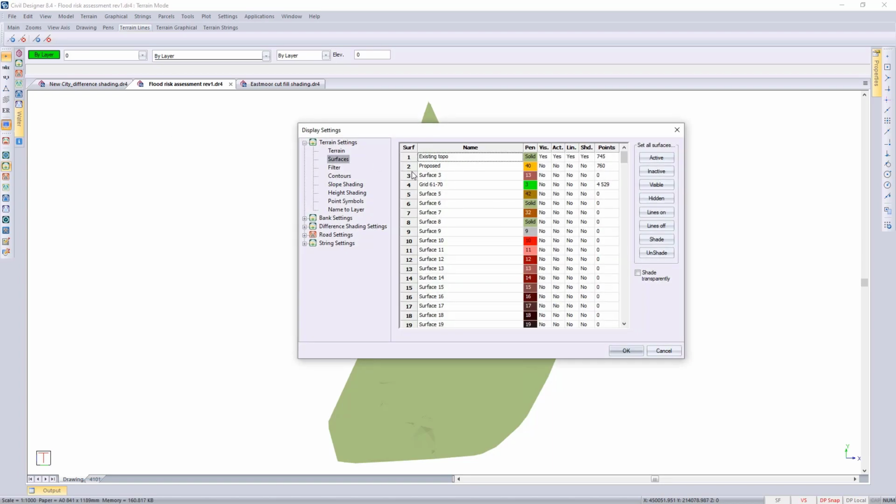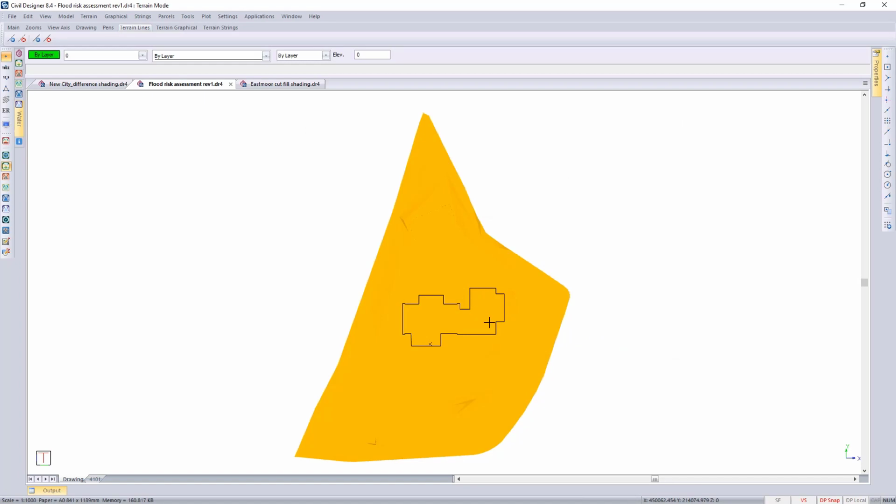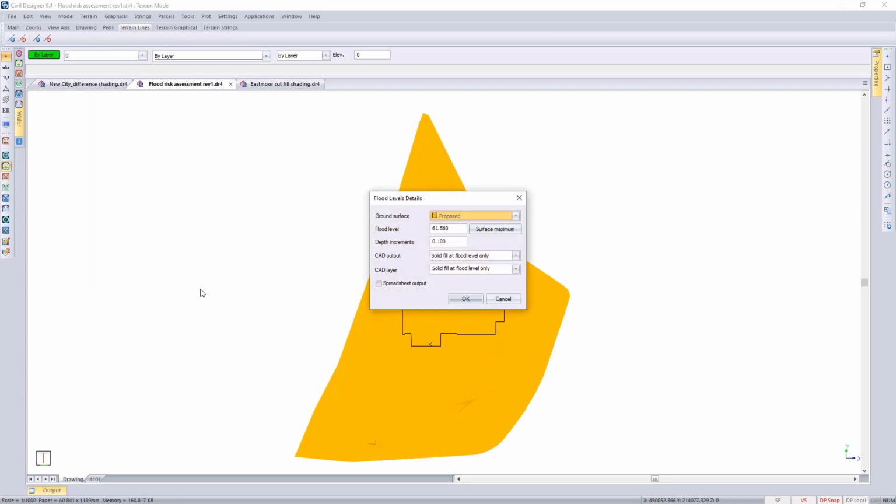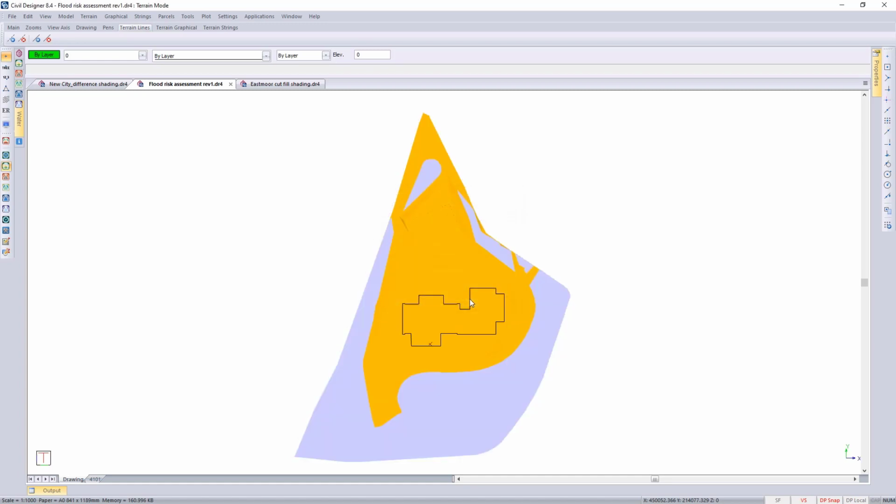So what has happened now, we've got an actual surface in this project that has been redesigned to take those flood levels into consideration. So this is my surface 2 that I've now switched on, and I'm just going to run the flood levels now on this redesigned, remodeled new surface, the proposed surface. I'll just run it at the 61.06 at the recorded flood level firstly, and you can see over there everything's fine. We have an exit point at the top there